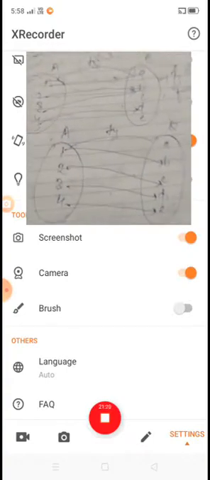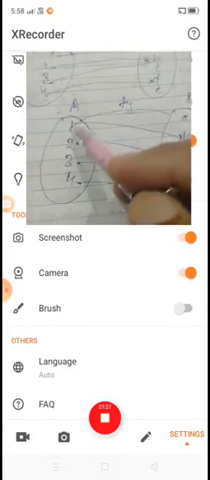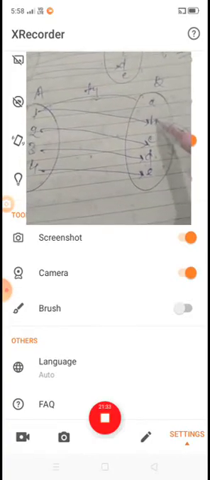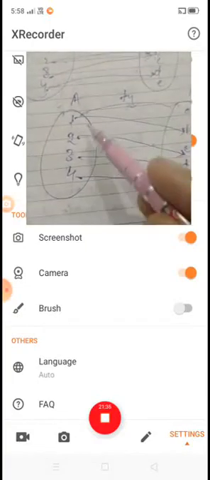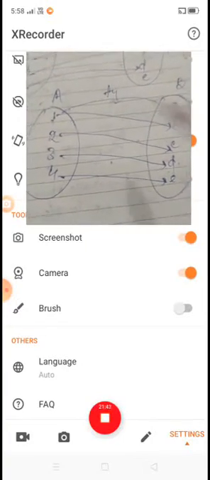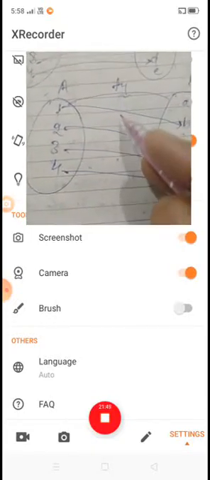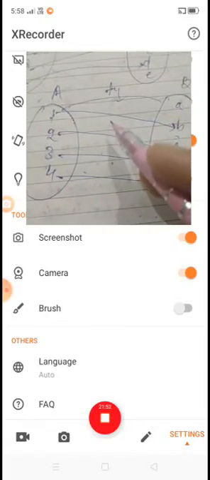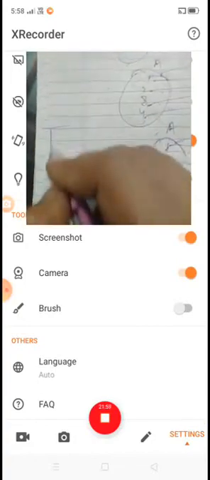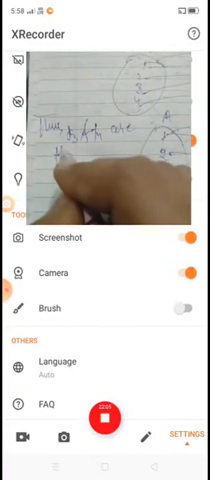Now we discuss the fourth function. Here also all the elements of set A are associated to elements in set B, and all the elements of set A are associated to a unique element in set B. 1 related to B, 2 related to C, 3 related to D, and 4 related to E. So F4 is also a function from set A to set B. So thus F3 and F4 are the functions